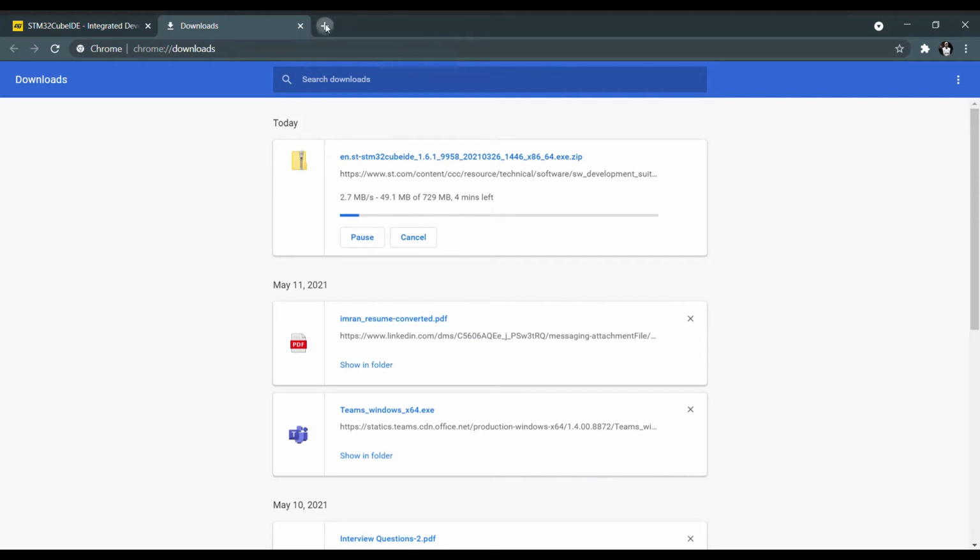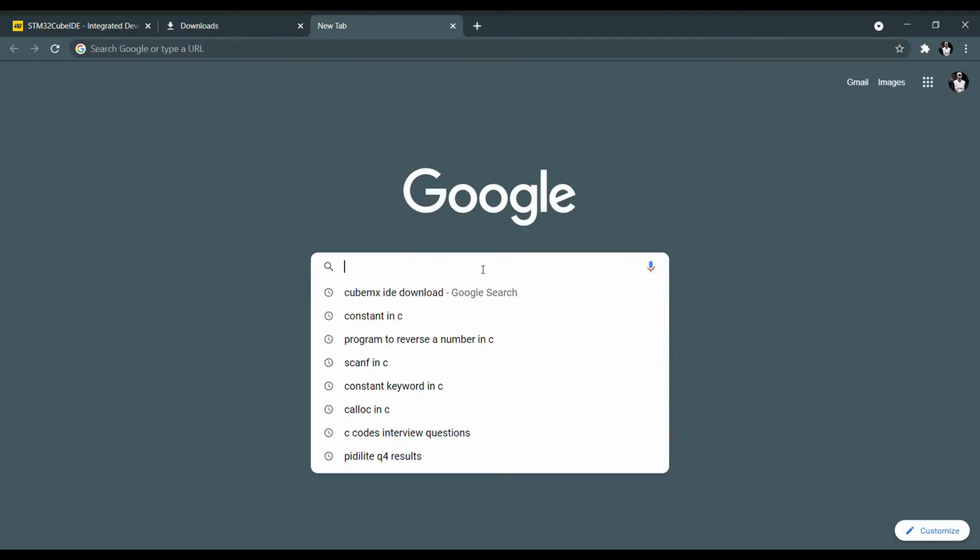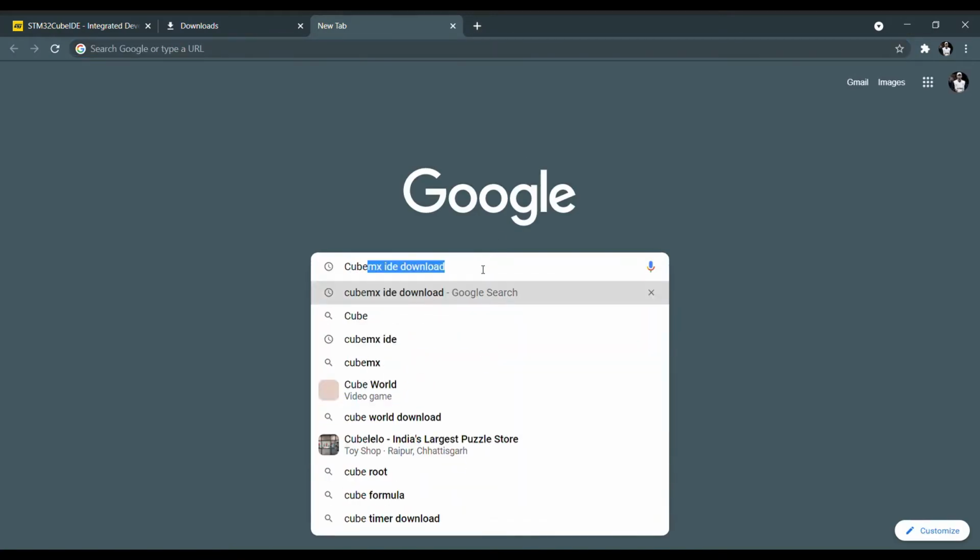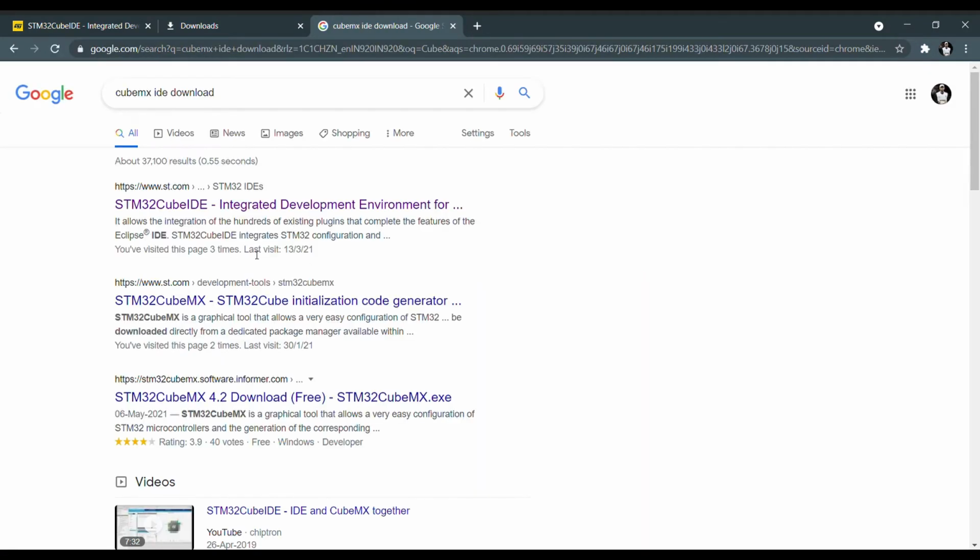And if we want to install CubeMX, then search CubeMX IDE download. Here, for the second one, we will get CubeMX.